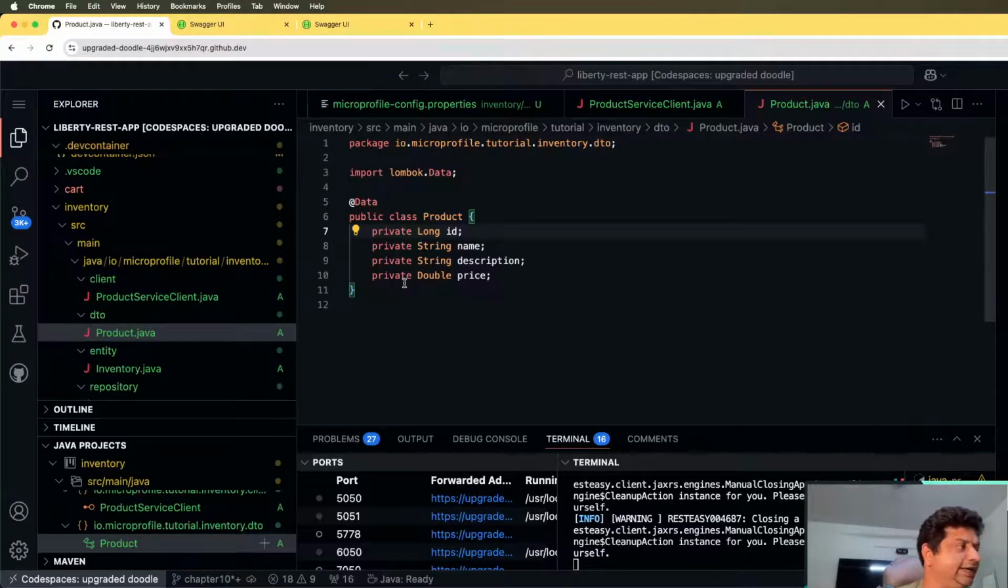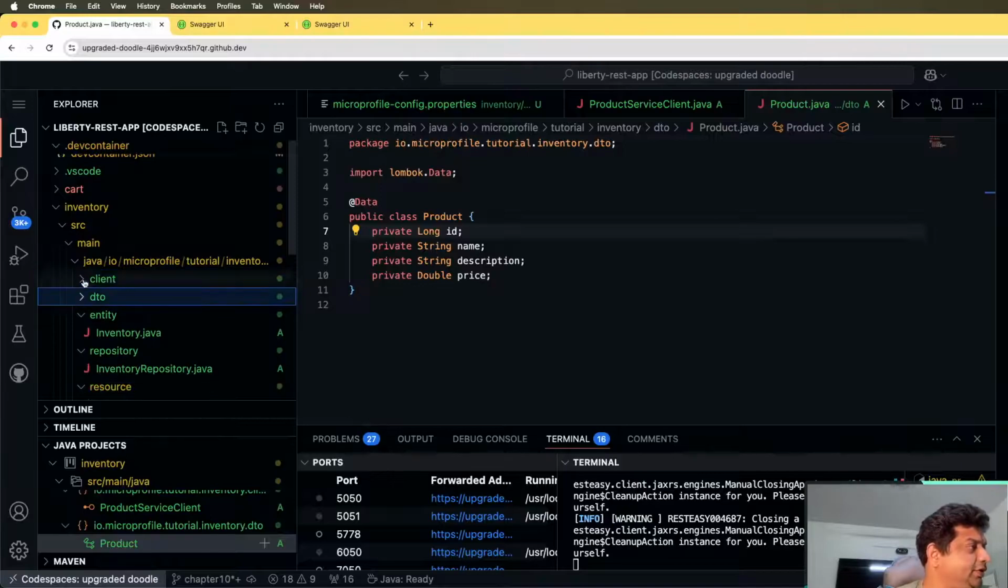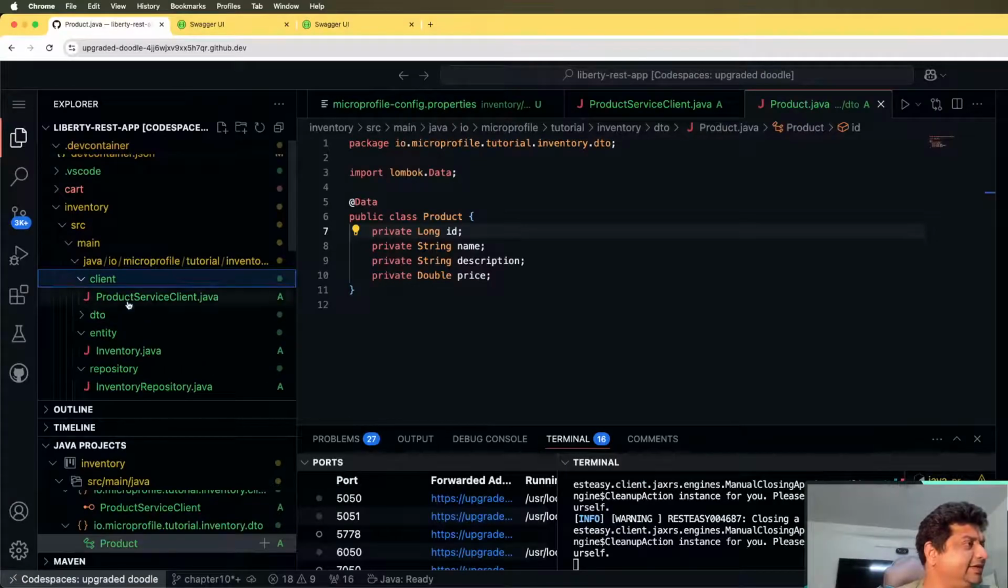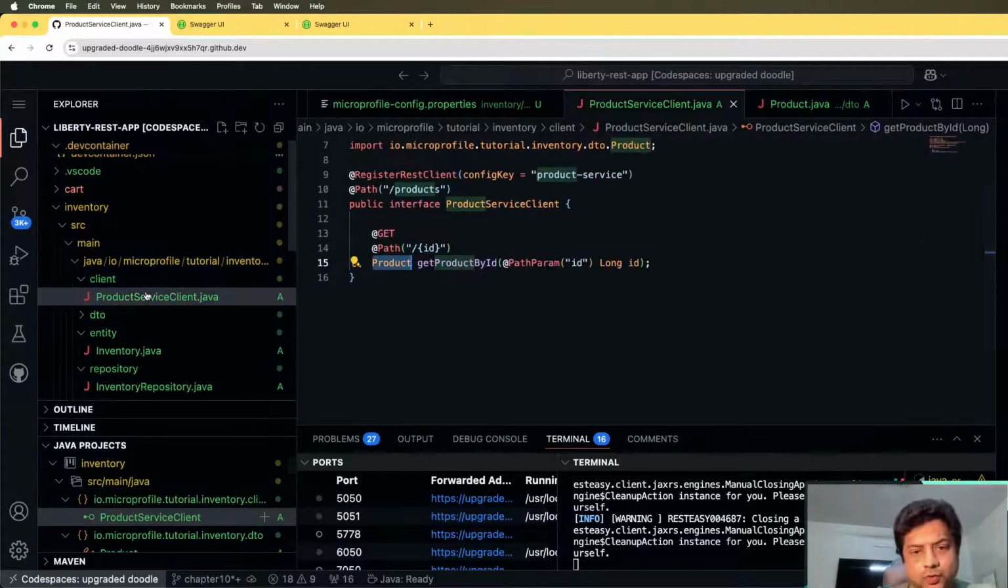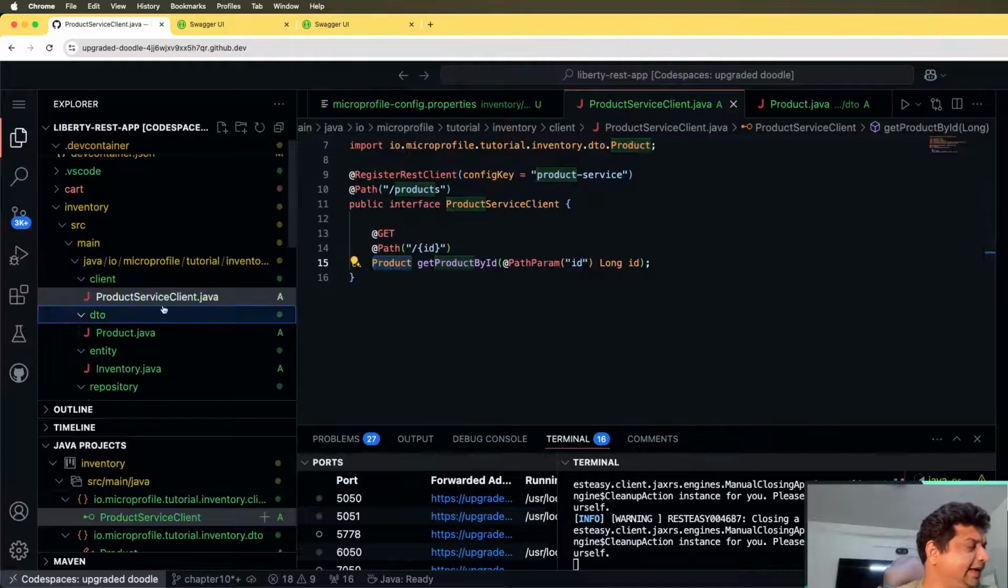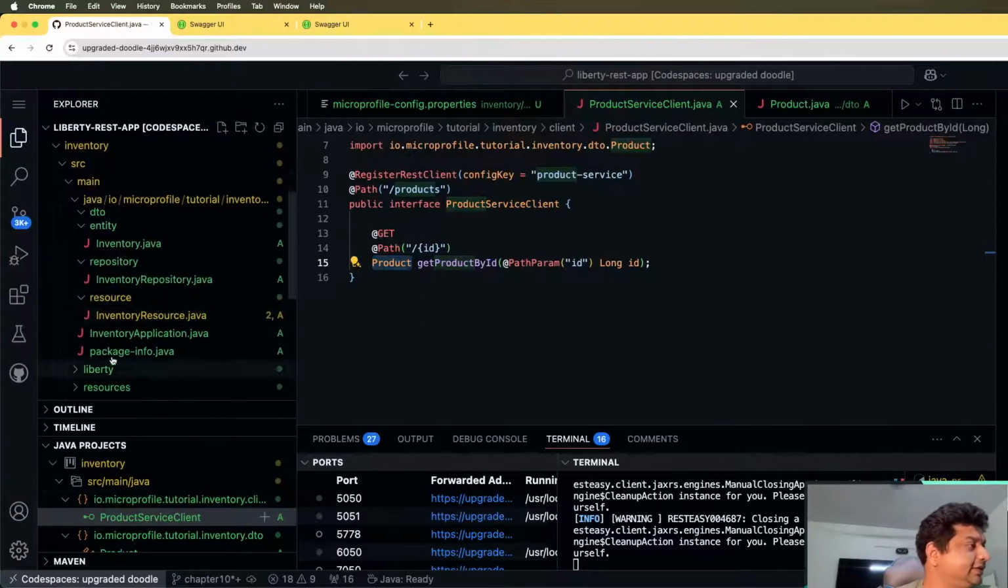So it's totally decoupled. This product class is different and it's not the same as our product class, which is in the product microservice. See, there's such a small code, only a few annotations and just an interface, and then I have to configure the client. So to configure the client,